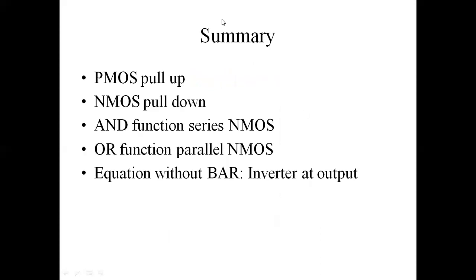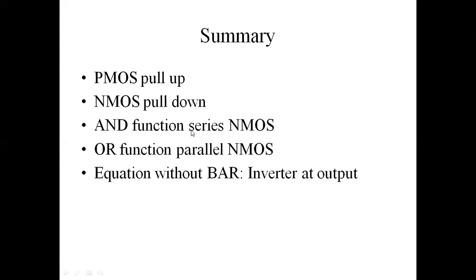So let us conclude the things here. As the PMOS passes good logic 1, these are generally connected towards the upward side, acting as a pull-up network because it transmits the VDD logic to the output, and NMOS are connected to the pull-down side. That means to connect your output side to 0, because NMOS passes logic 0 in a good manner.